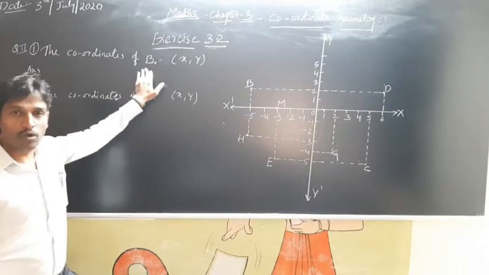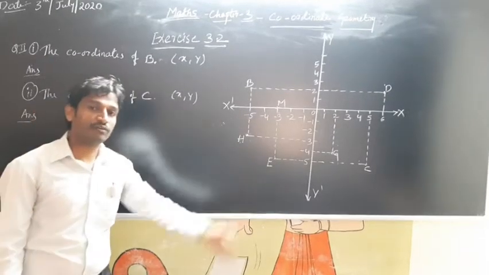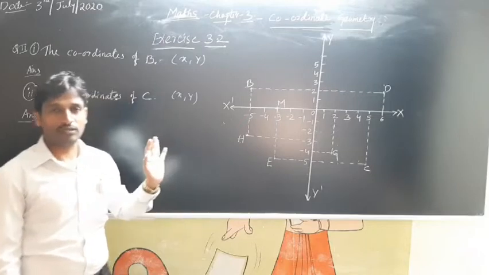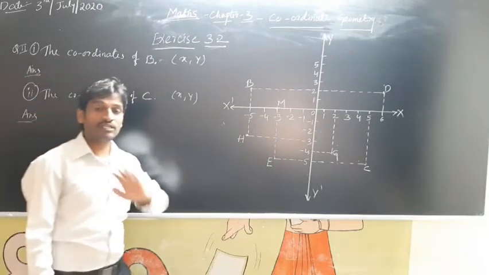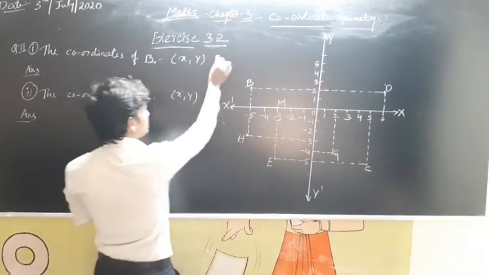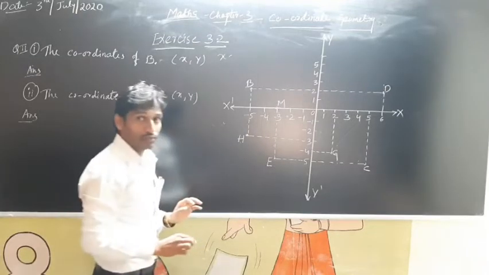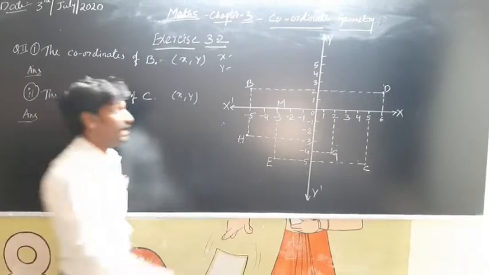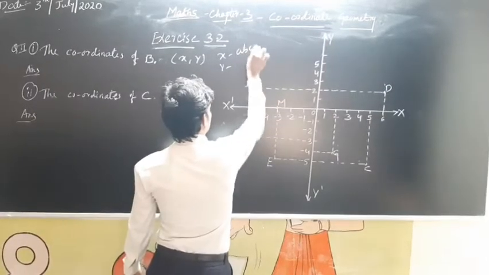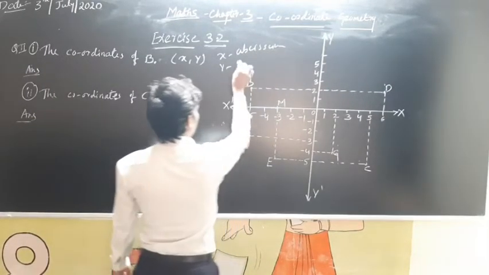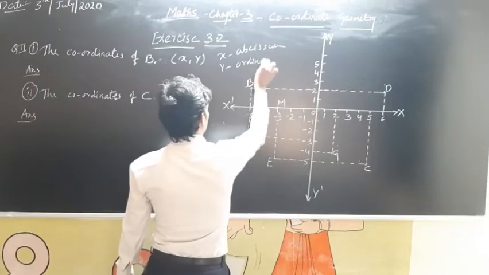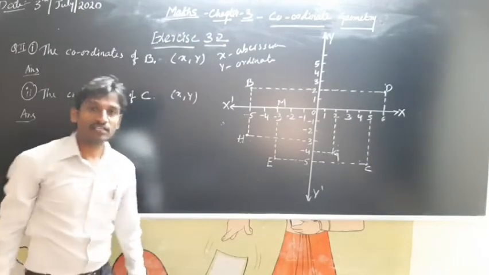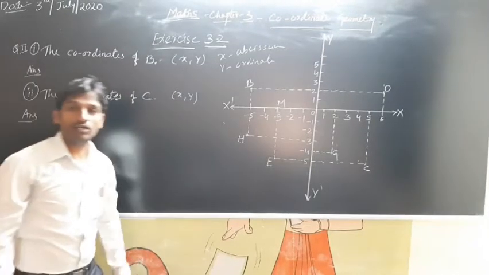Okay. So, coordinate means what? As we have said in the introduction part, the value of x, y is known as a coordinate. As I said, in that coordinate, what is x known as? Let us recall this one. What is x and what is y? We have to answer it. X is known as abscissa, and y is known as ordinate. Together, we will call it a coordinate.